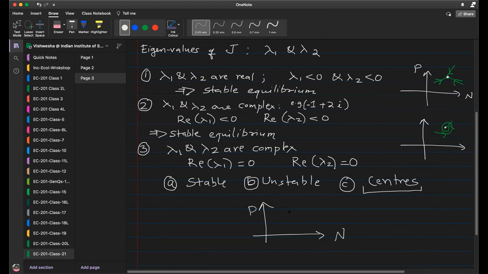N, P, this is the equilibrium. Now what happens is that it just goes in a circle like this. If I now make a perturbation, what happens? It doesn't come back to this. It just makes a new circle now. If I make another perturbation, it just makes a new circle again. Usually any 2 circles will never intersect, by the way.